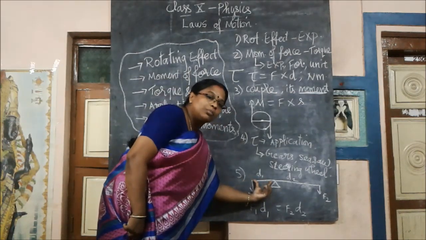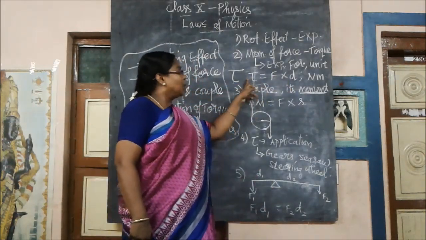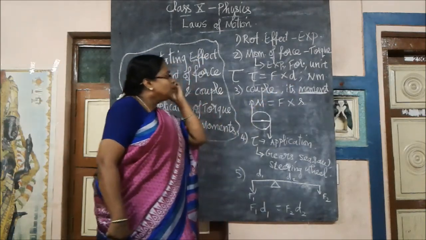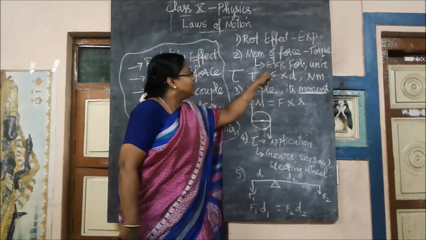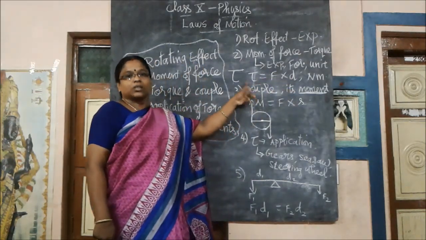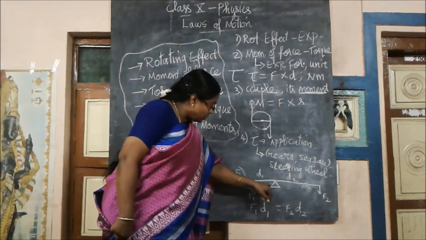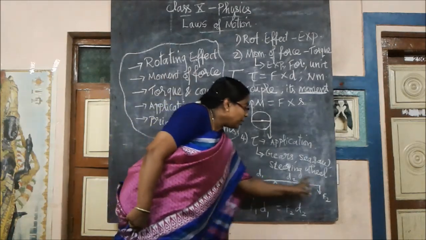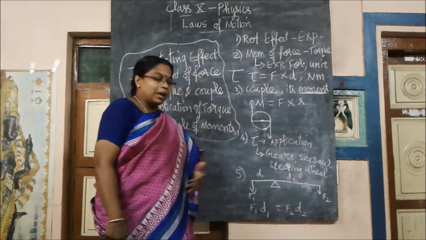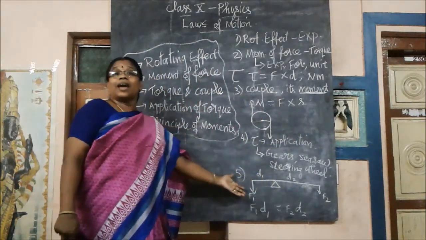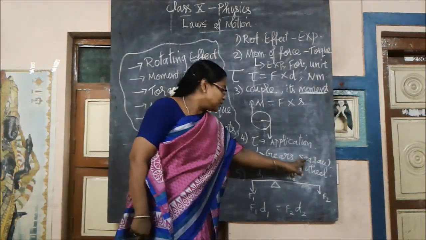So what is the torque formula, the rotating effect formula? Tau is equal to F into D. Moment is equal to force into distance. This distance will get decreased. So when this is decreased, automatically torque will also be reduced. The moment of force created over there also will be reduced. So when this is reduced, this remains greater when compared with this reduced moment. So now what can happen? Even the lighter person can lift the heavier person. So that is the example explained in the seesaw.